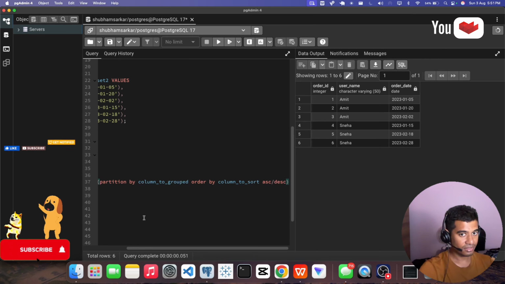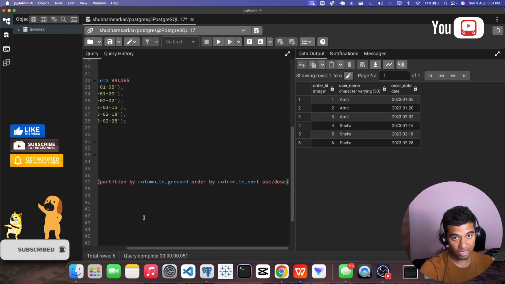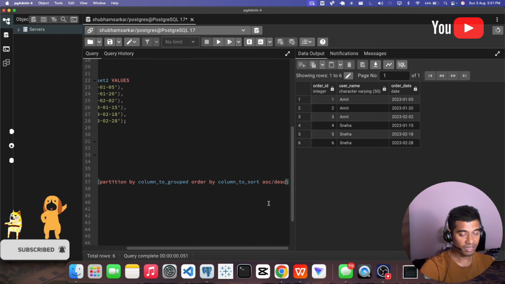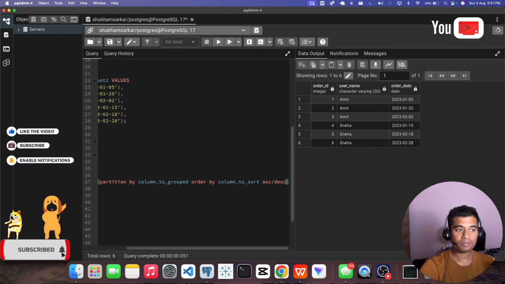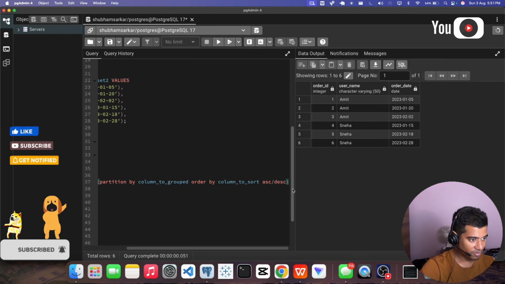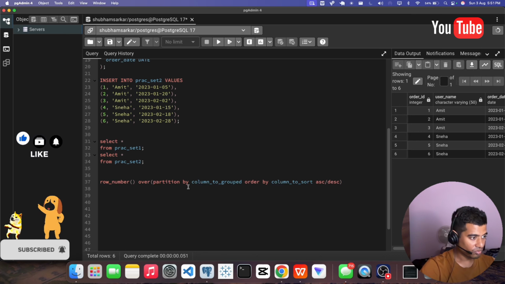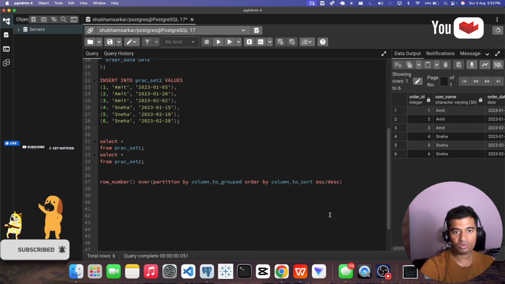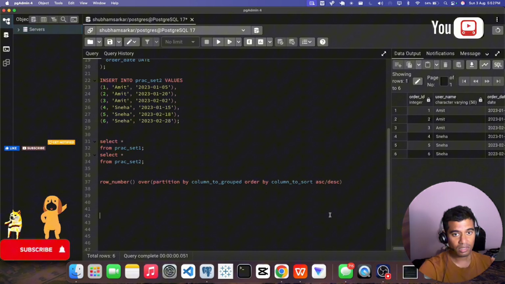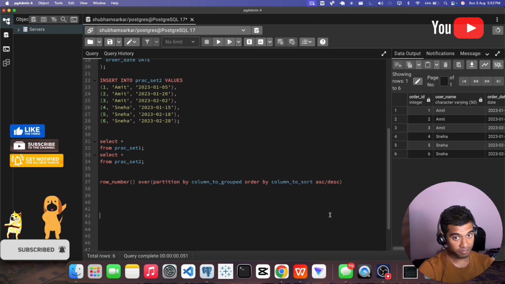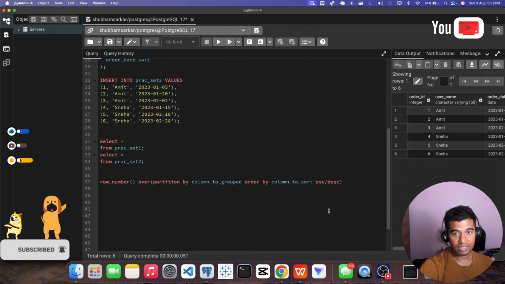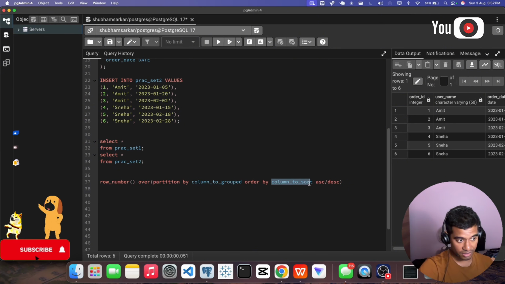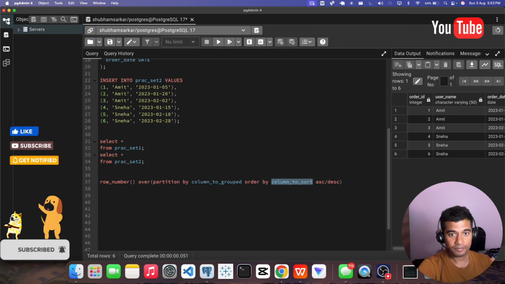Ascending is the default, so no need to write anything, but for descending you have to mention it. You can think of it like saying, hey SQL, for every group, that is the partition, rank the rows in the order I tell you, meaning the column that I tell you, right?